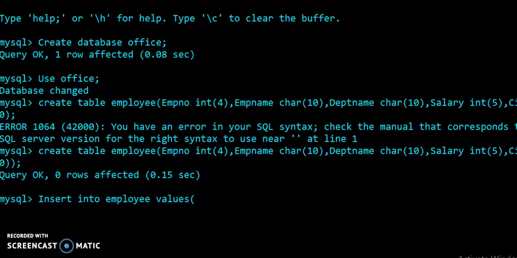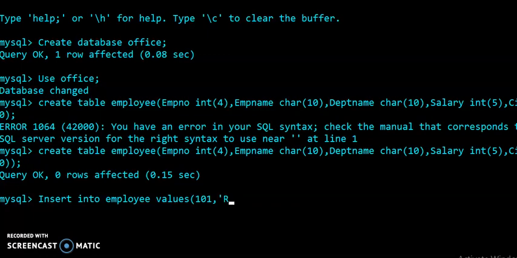So students, first of all you have to know the description of the columns, that each column is of which data type. So first of all we start with EMPNO, the very first column of the table, and EMPNO is of integer type. So we have to start with the EMPNO, and I am writing here 101. Employee number I am starting from 101, then comma. Then after that emp name, meaning employee name. So employee name is of char data type. So students, you have to give the employee name in single quotes. Okay, so we will start the entry here.